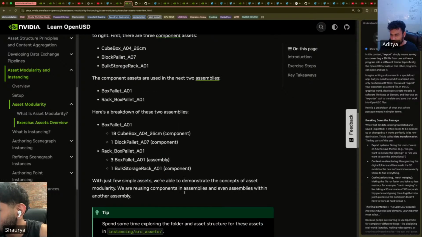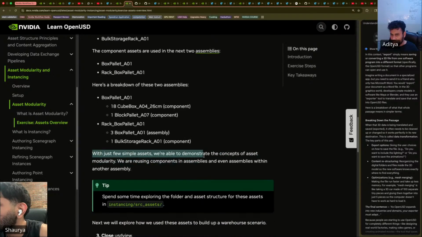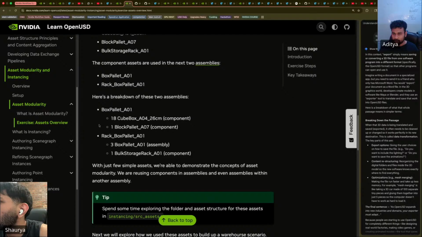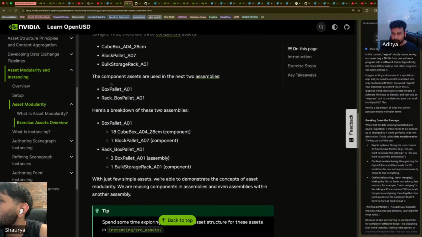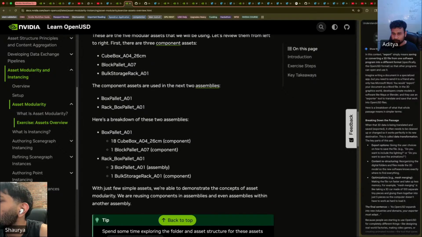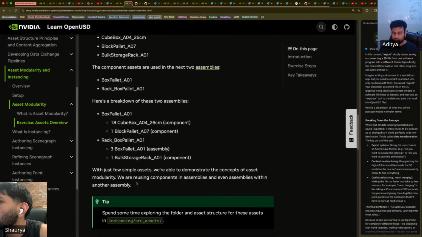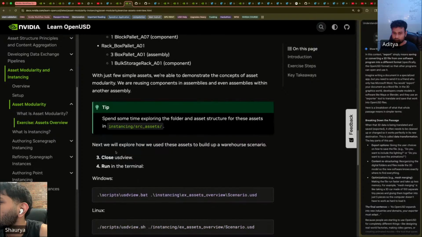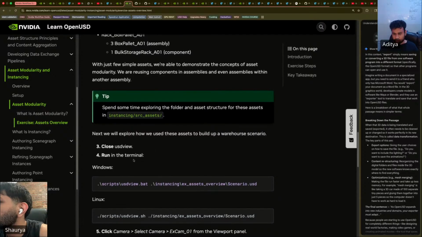With just a few simple assets, we are able to demonstrate the concept of asset modularity. We are reusing components in assemblies and even assemblies within another assembly. Three box palette A01. Oh, so this is an assembly inside an assembly. Next we will explore how we use these assets to build a warehouse scenario, clone USD view or